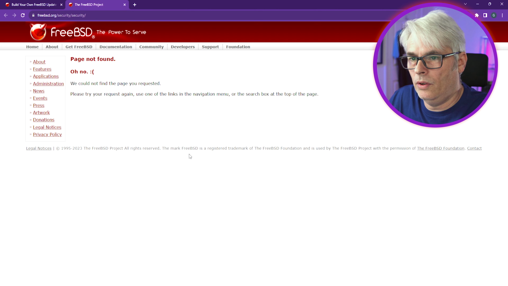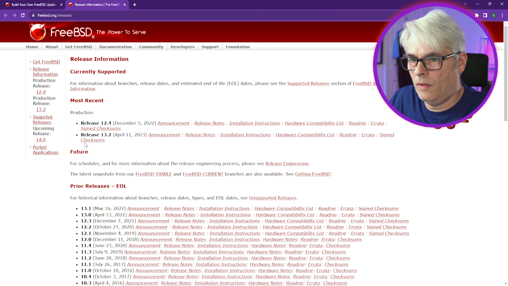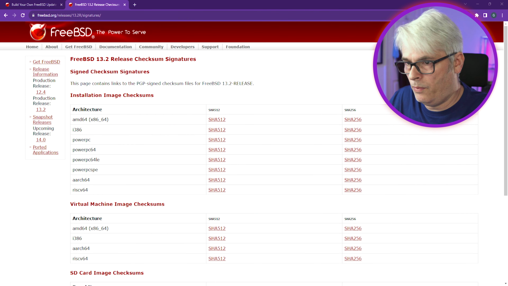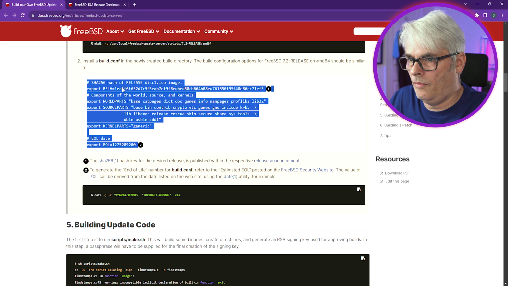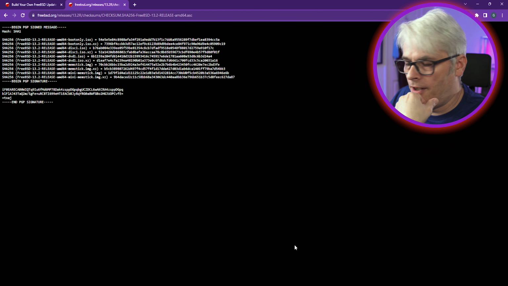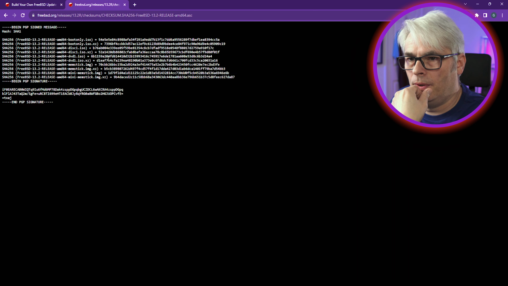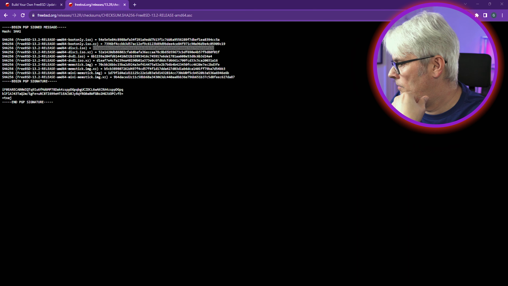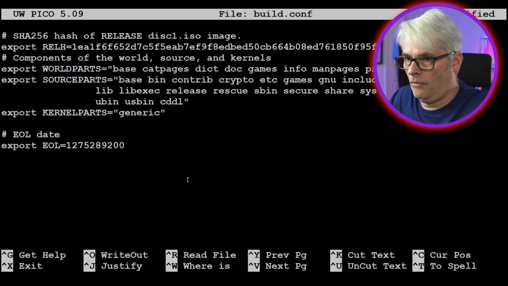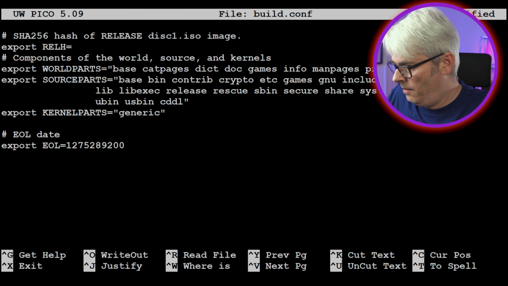Okay, so we want the release announcement key for 13.2. There's the SHA256 checksum, so that's this one. It's disk one only, correct? Disk one ISO. So it's that. So we'll put that in here.